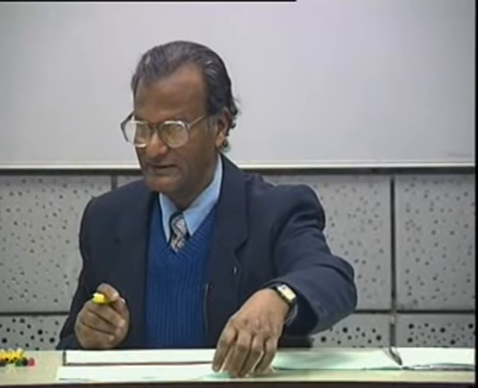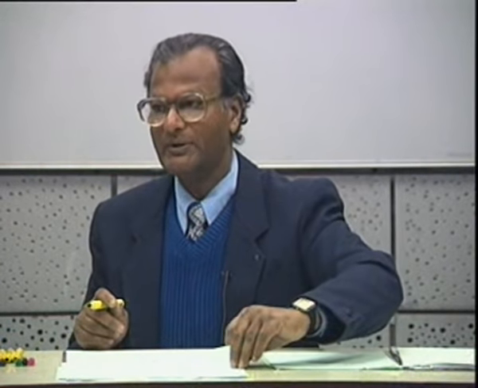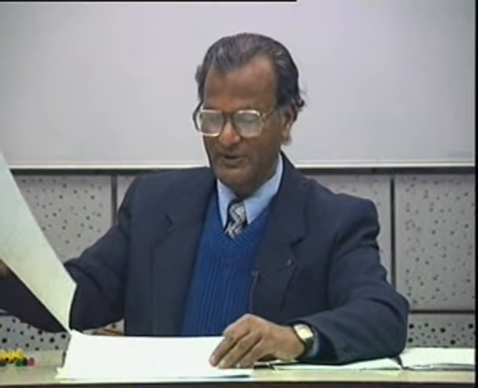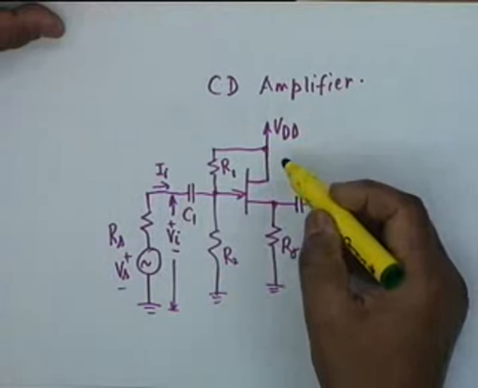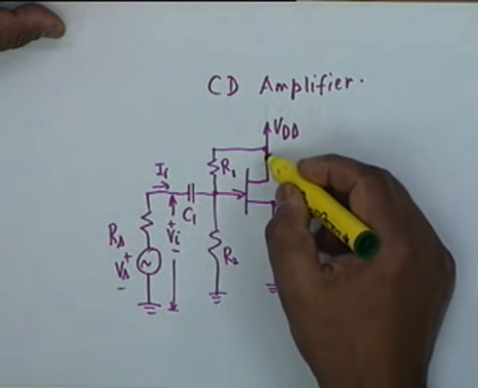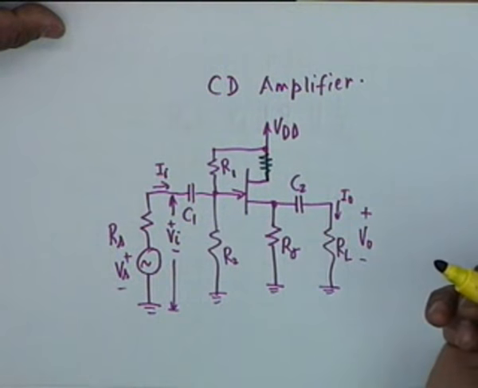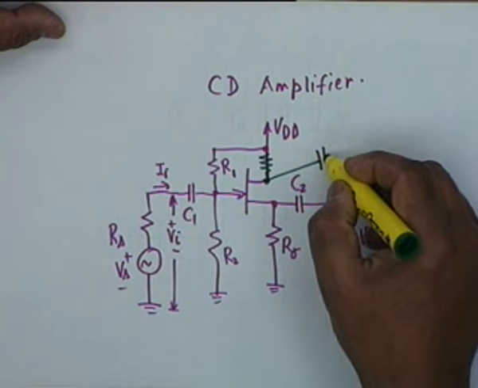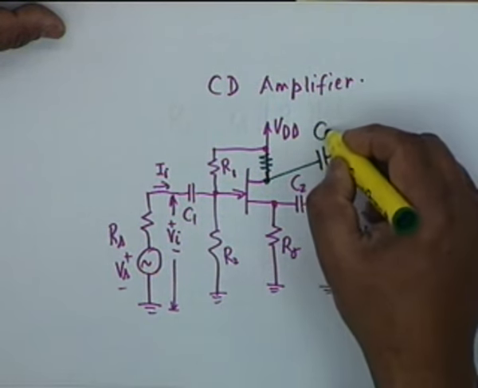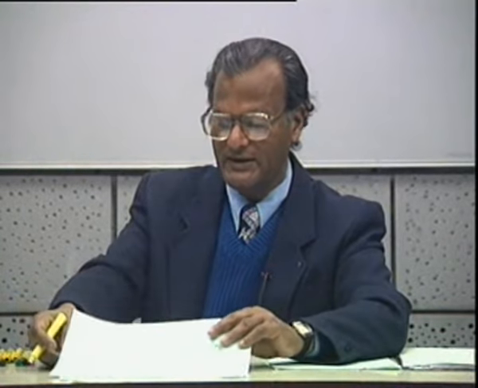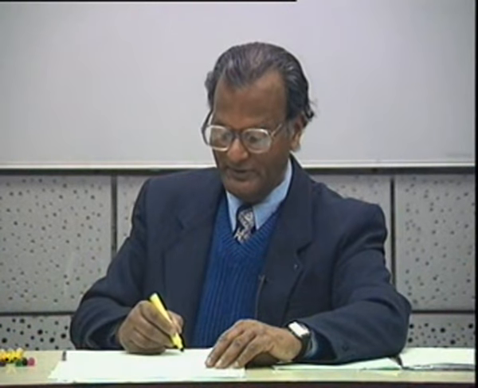I must point out here that in order to make a proper biasing of the amplifier, one might be constrained to use a resistance here. Exactly like the emitter follower, you might be constrained to use a resistance here. If you do that, then obviously what you have to do is to correct the AC distortion by using a CD to bypass this resistance. Is that clear? Okay.